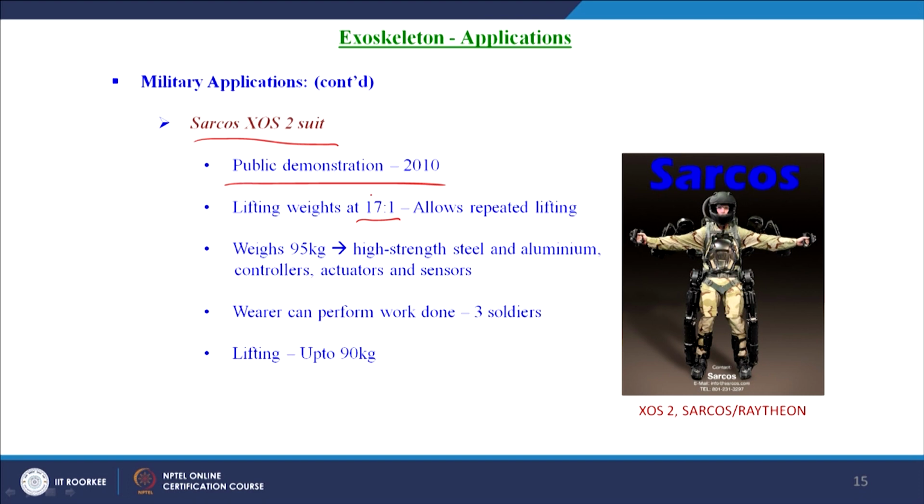That means the actual weight is 17 times more than the perceived weight, and also it allows repeated lifting, and it weighs nearly 95 kilogram, and it has a high strength steel and aluminum body, controllers and actuators and sensors